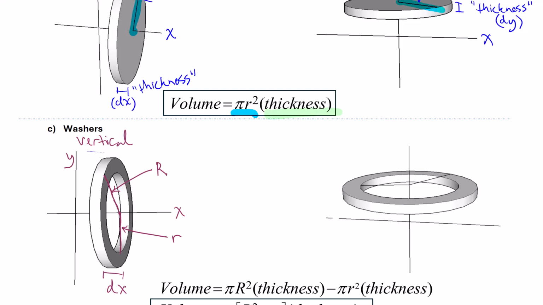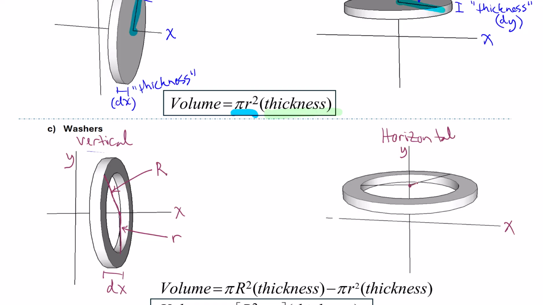Now, of course, you can also have a horizontal washer with some very similar looking labels compared to what we've now seen in the vertical washer and looking back up at our disk. So with a horizontal washer, we have, let's say, an x-axis extending horizontally, a y-axis extending vertically, and let's suppose that we have this horizontal washer that's kind of slid down onto the y-axis. Okay, so in a similar way, we have two different radii that matter. If you go to the center of the washer, which would be right on the y-axis,